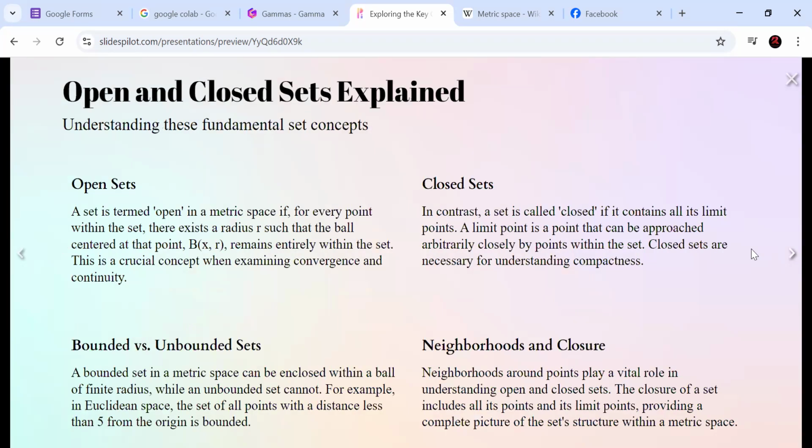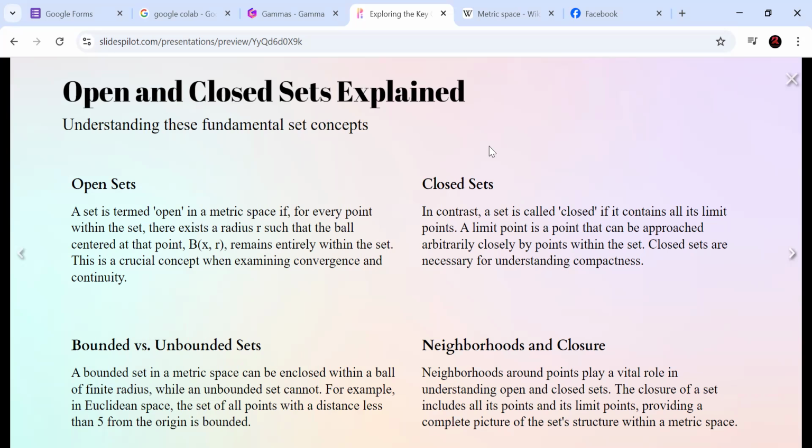So another topic is open and closed sets. What is meant by open and closed set? Understanding the fundamental set concept, like हमारे पास open set, closed set. So the first thing is that a set is termed open in a metric space if for every point within the set, there exists a radius r such that the ball centered at that point